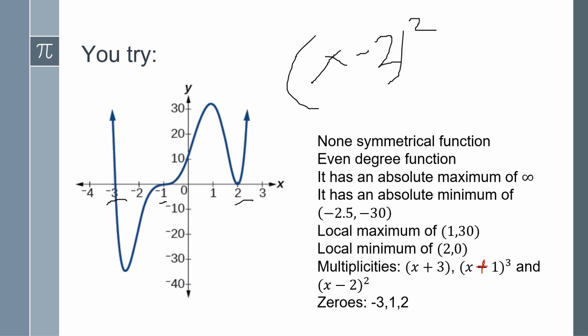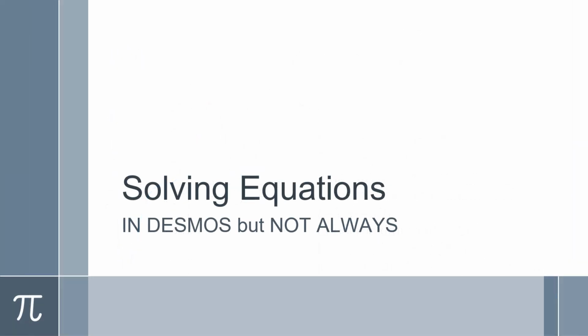So, again, it's not perfectly symmetric, so you can't call it even or odd by symmetry. It's an even degree function because, look, it falls, but then rises at the ends of the function. And I'm sorry that I went too fast, but you should replay the video and address everything else. If you have any questions, just talk to me so we can address it.